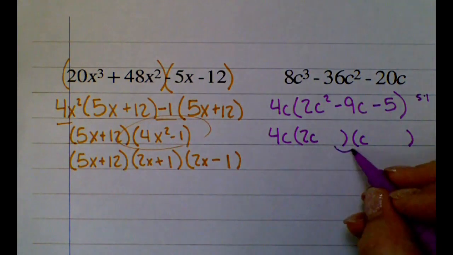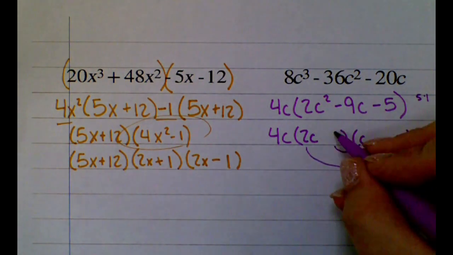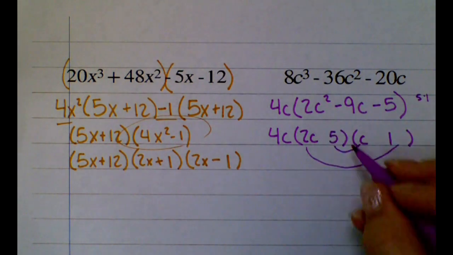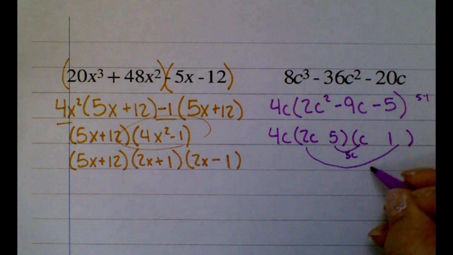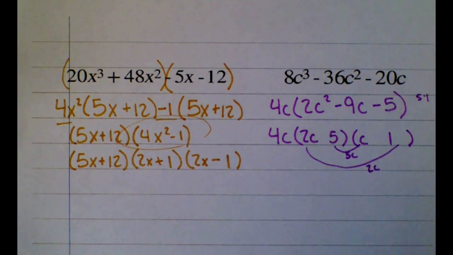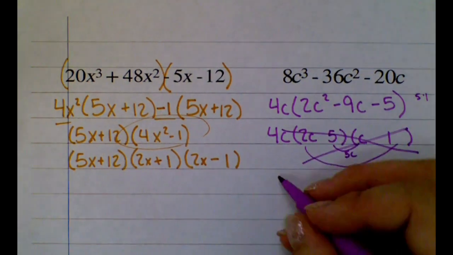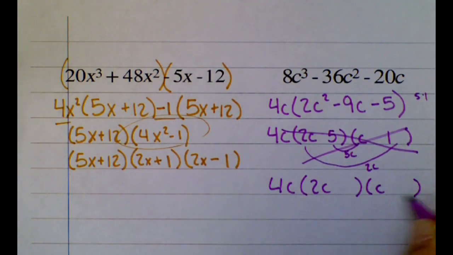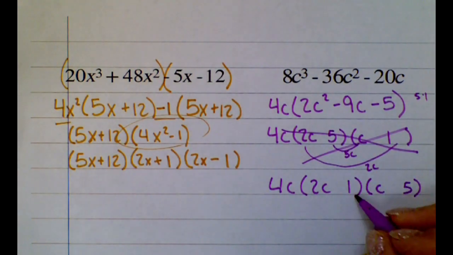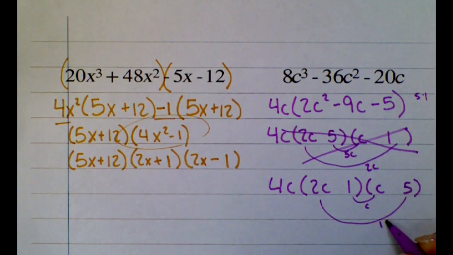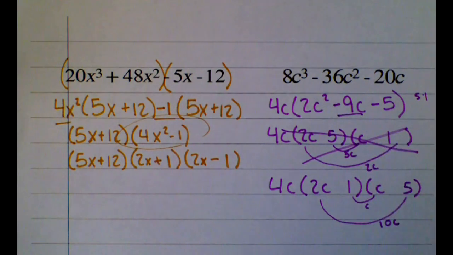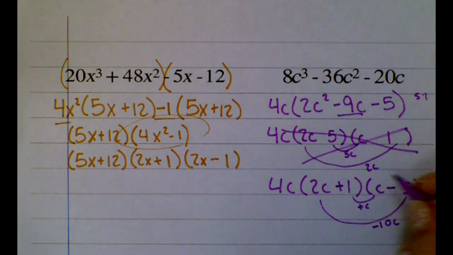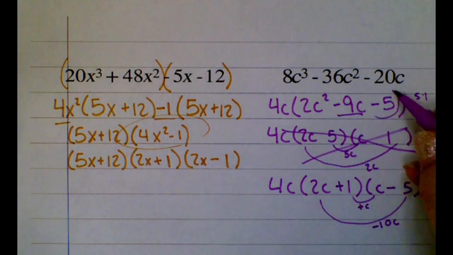So I guess and check. Let's say I try 5 and 1. I have 5c. I have 2c. That's not going to make my 9. That's not it. Let's try flip-flopping them. 1 and 5. I have c. I have 10c. I want negative 9c, so I could take negative 10 plus 1. It's okay for me to have a negative on one of them because we need to multiply to negative